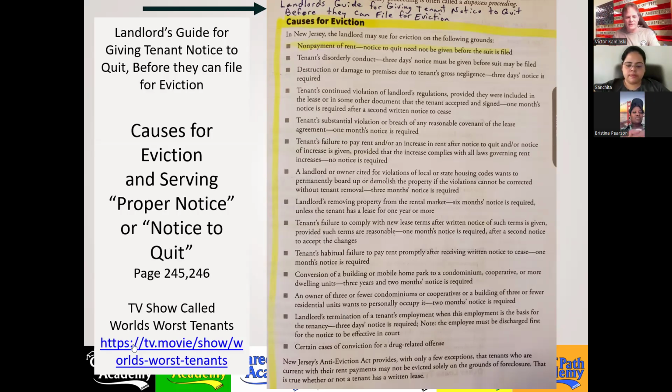I got the link for it right there. Some of them are funny, but it was about evictions. They work for eviction specialists, landlord tenant communication specialists, let me put it that way, because when landlords don't want to deal with the tenants, they hire these guys. They go serve proper notice or investigate complaints by tenants and such. And it was actually a pretty good show. Here, I'll share that with you. It's called World's Worst Tenants. There's a link to it. You can watch those. You may get a kick out of watching them. There was a couple seasons of it. I think 2 seasons. Anyway,